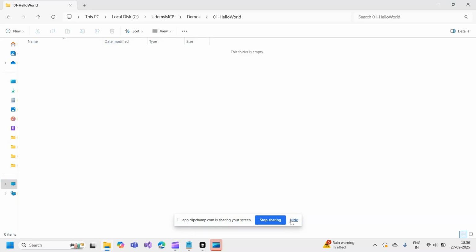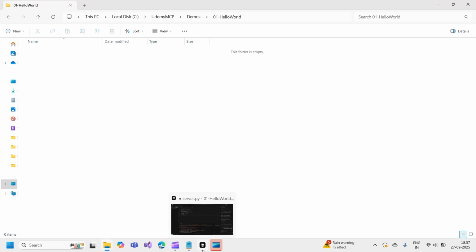Okay, so we are here for creating a demo of a working MCP server, which would be the Hello World, which we understood in the previous example. If you see over here, this is a blank folder that I have created. I will utilize this path where I will be using the Cursor IDE to develop my own MCP server for Hello World. So I will open Cursor IDE